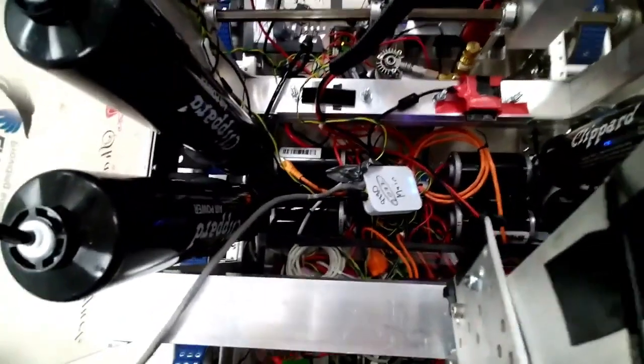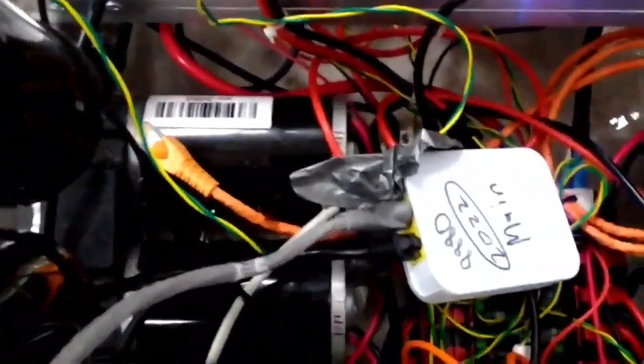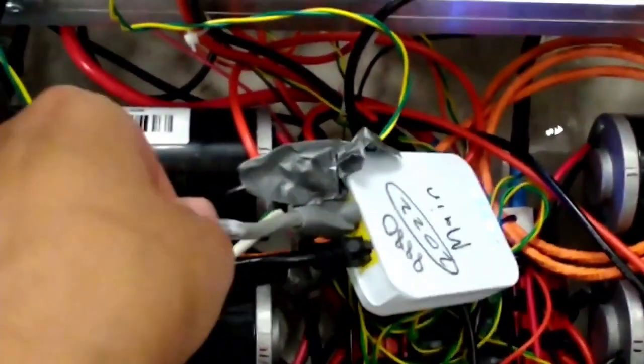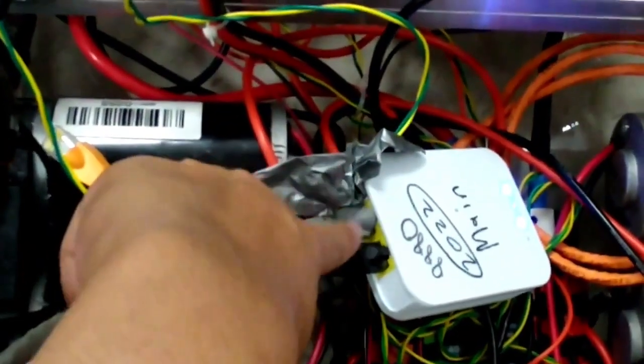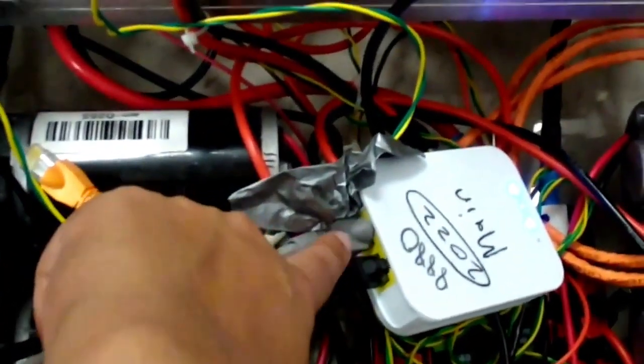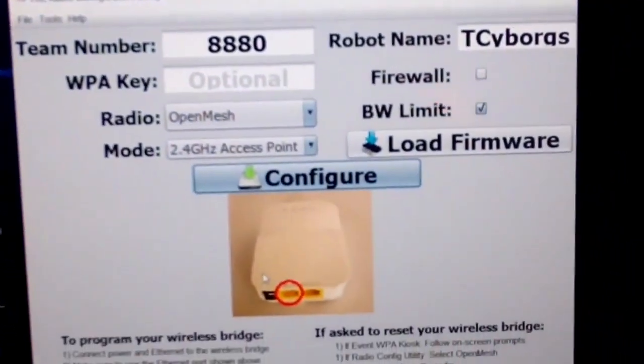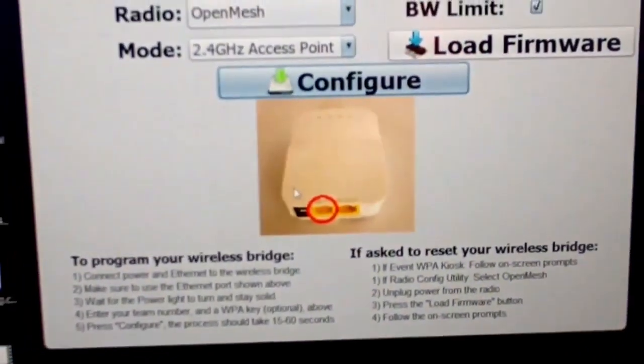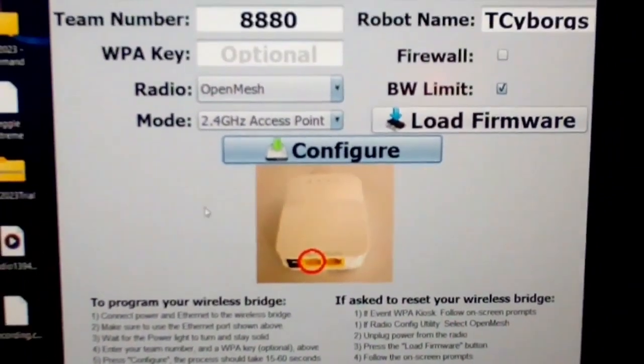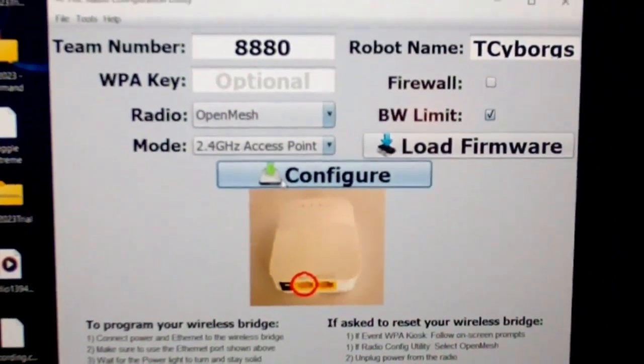So over here, our radio is connected to the robot and the power is on. That's really important. And make sure the Ethernet cable that you're using to connect to your PC is in the middle port. So ours is the middle port here, and this wire goes all the way onto our laptop. So now after you have that done and the robot is on, then you can start configuring your radio. So you just click configure here,